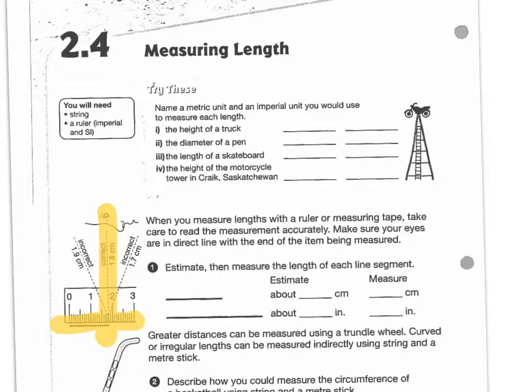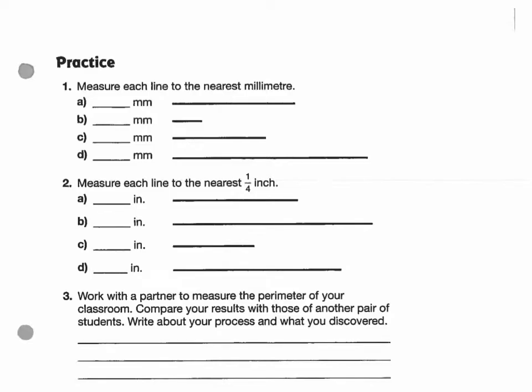You're going to find the metric and imperial units, and so measure each line to the nearest millimeter. So if you were to put it on a ruler, I'm just going to draw a quick little example here. Okay, if this is your ruler and that's your centimeters, and you've got all your little millimeters. Okay, if the line you're measuring only goes to here, for example, this is really bad drawing,